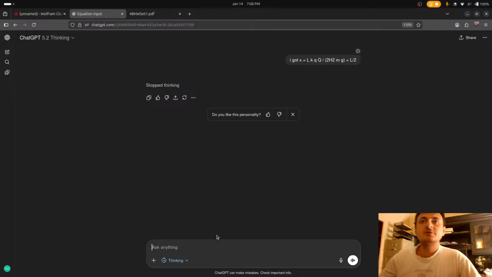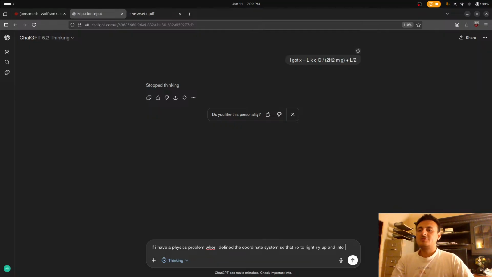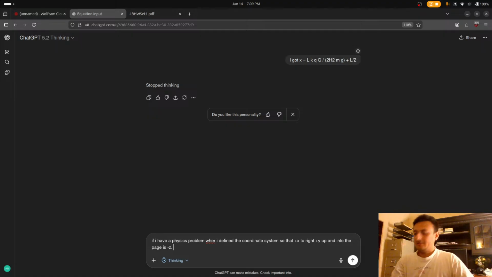Let's just ask this question really quick. If I have a physics problem where I define the coordinate system so that plus x is to the right, plus y is up, and into the page is minus z,